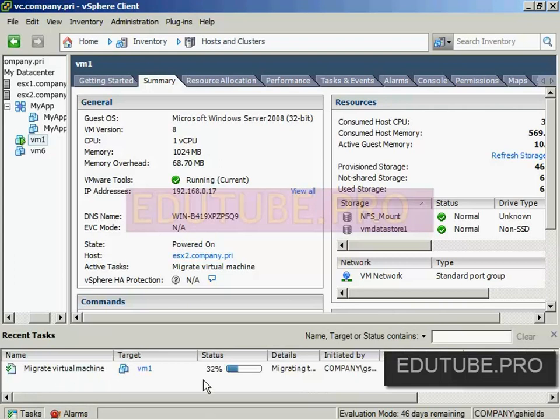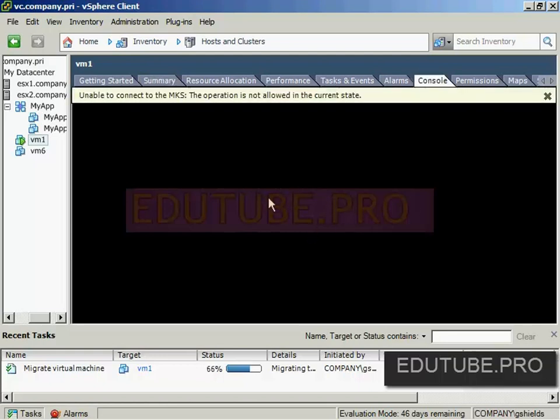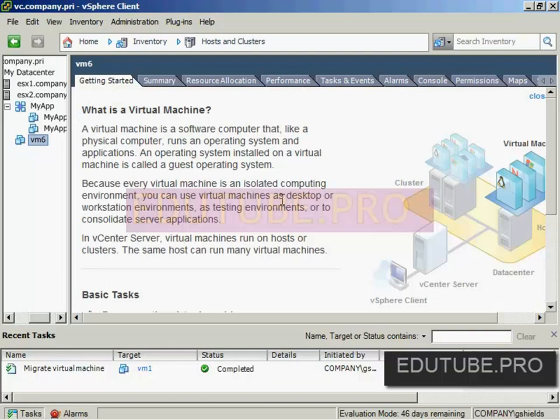You'll see here that the virtual machine is migrating. Right? It is still operating here. I can still take a look at its console, and it's doing the things that it's allowed to. Once it completes the migration here, you'll see that the migration